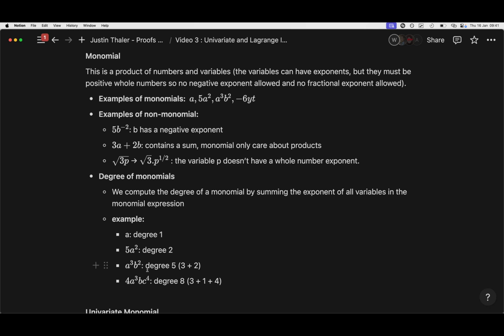Okay. So now we'll look at univariate in more detail. So we're no longer using this anymore, we're just going straight to the